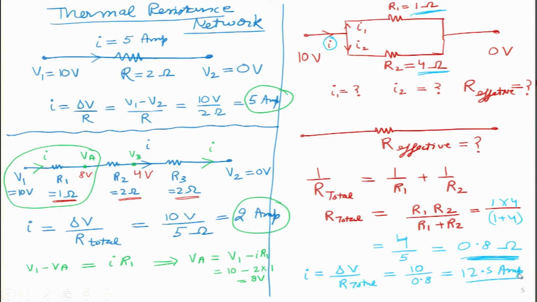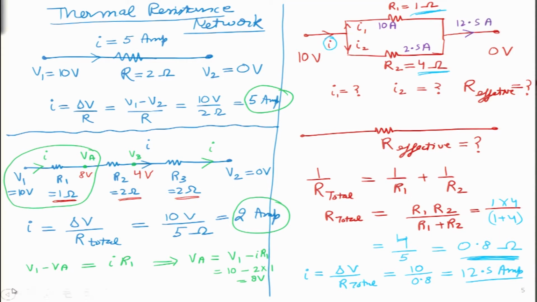And I can also figure out how much of that would be traveling through the top part and how much will actually be traveling through the bottom part. So I can write that over here. Let me pick a new color. Okay. So on the top part, I think we will be getting like 10 amperes flowing through this one, and 2.5 amperes will be flowing over there from the bottom side. And if we add them together over here, we will be getting 12.5 amperes.